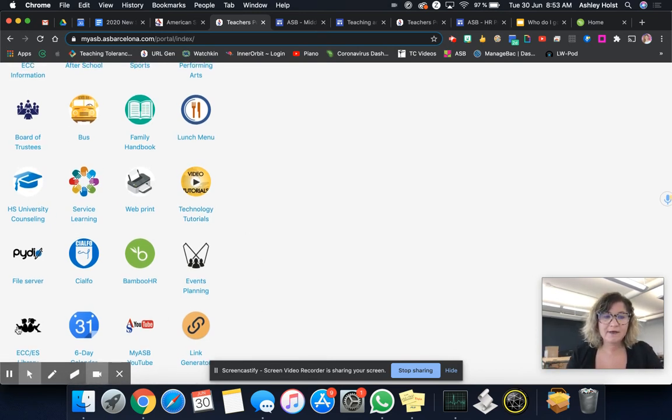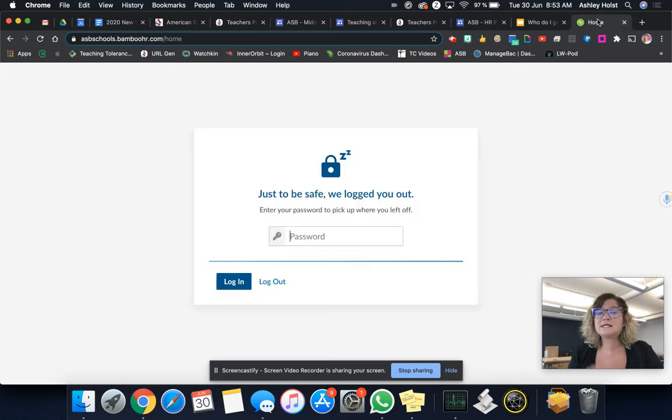And then there are Siafo, Bamboo, event planning. I'm going to bring our attention to Bamboo for a second. This is another portal to write down to go back and revisit. This is actually our HR portal. And the most common thing it's used for, I'm going to click on it, and then you have to log in, of course. But what this is used for